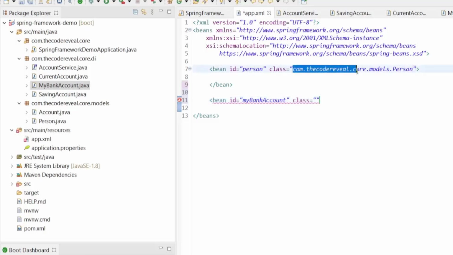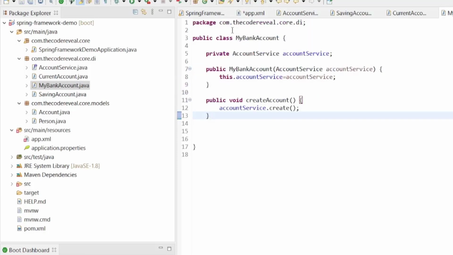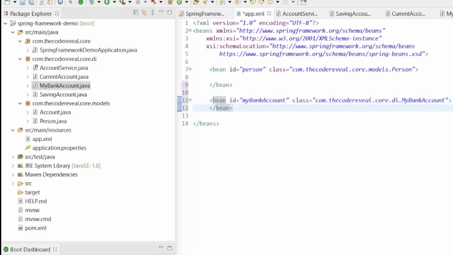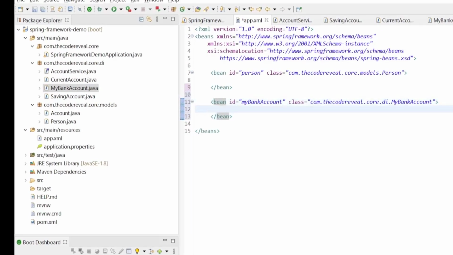You can copy this here, dot my bank account. So this is the bean for my bank account.